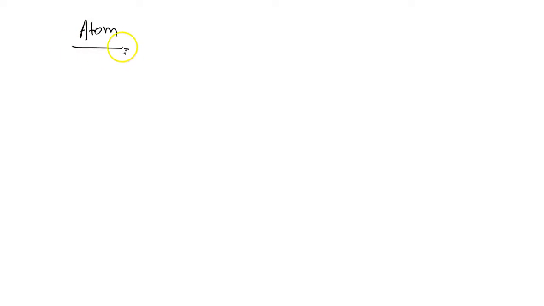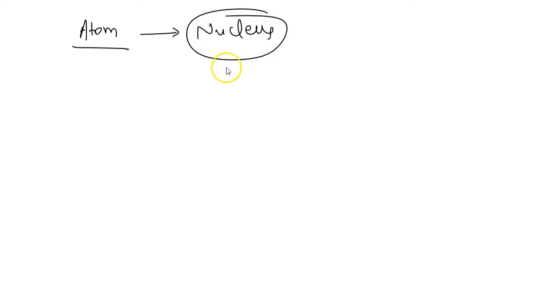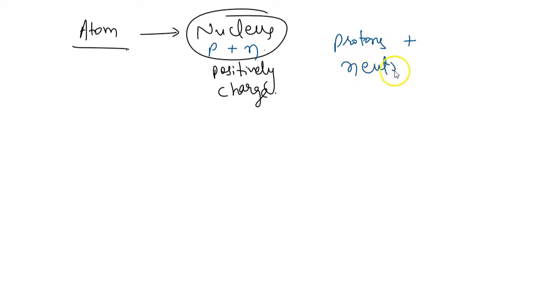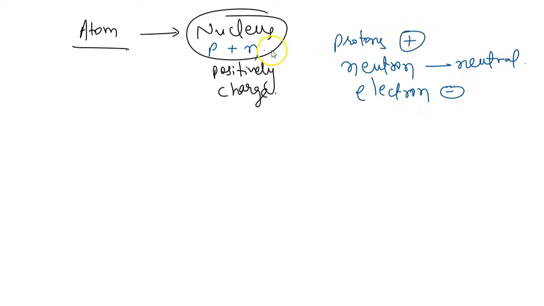Now we have a clear idea about the atom, that atom has nucleus within it and nucleus is positively charged. Why is it positively charged? Because of the protons and neutrons that a nucleus contains. So protons are positive in nature and neutrons do not carry any charge, they are neutral, and electrons as such will have negative charge. That was completely expressed by even J.J. Thomson.